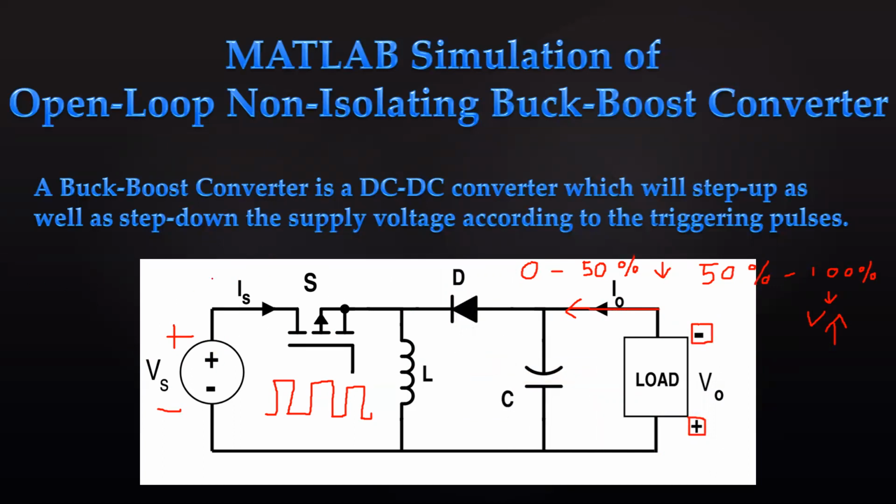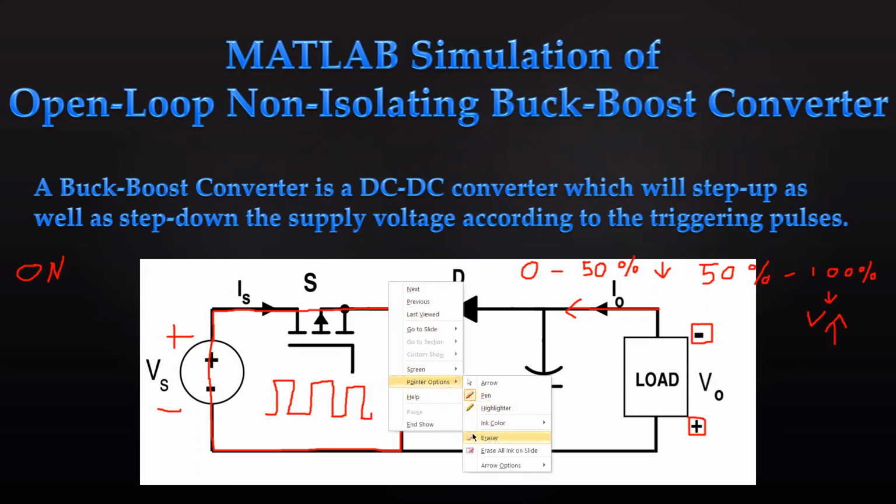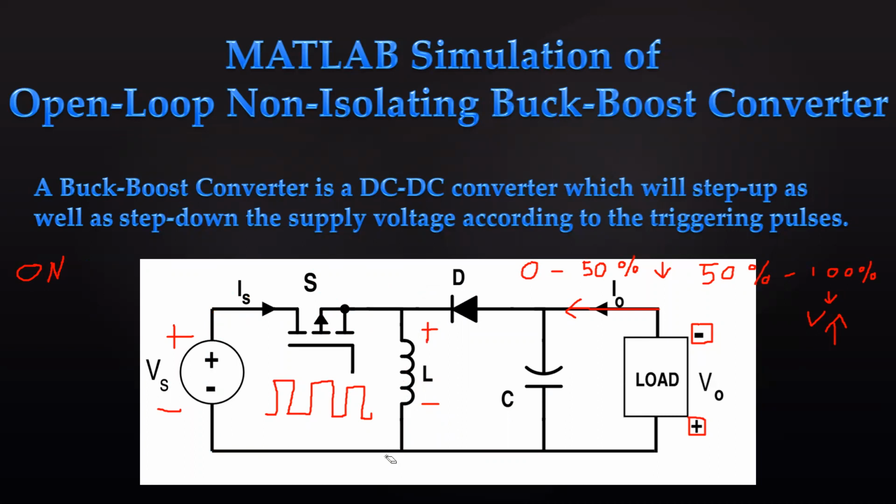As we already know, the MOSFET has two operations, one is on. So let's start with the on operation. As the MOSFET is on, current will leave this battery, the MOSFET will be short circuited, and current will come here at this junction. It can't go straight to the diode as the diode is reverse biased, so it is open circuited. So all the current will go through this inductor, charging the inductor with polarity positive and negative. It will come here and then go back to the battery, right? So this will charge the inductor for a certain amount of time, right? So this is the charging operation, or we can say the operation when the MOSFET is on, right?